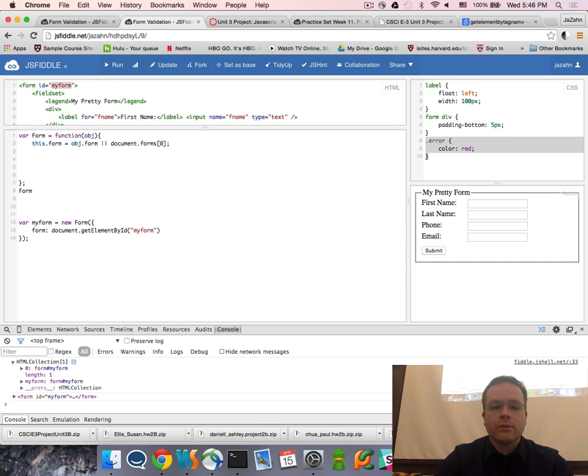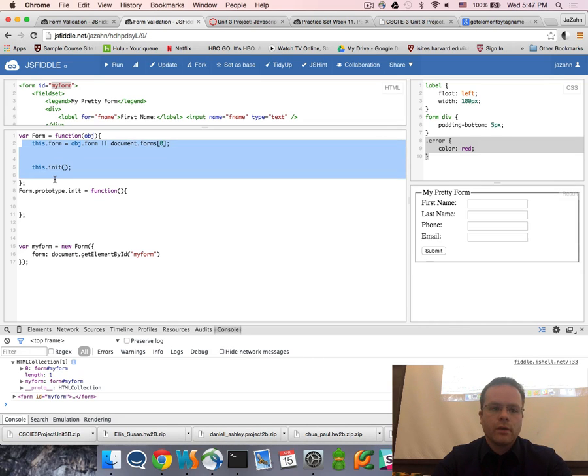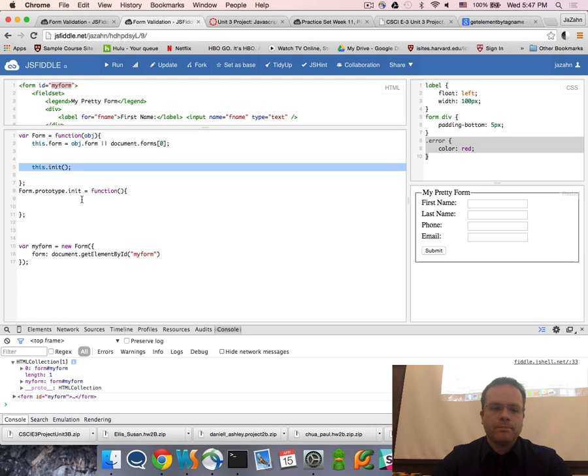On submit. So form. I'm going to set up a quick method here. I will just call it in the constructor. This is the constructor. I'm going to call this init right here, and we're going to say this.form